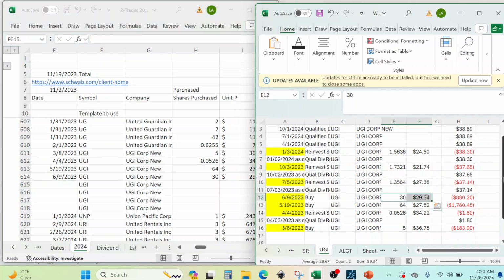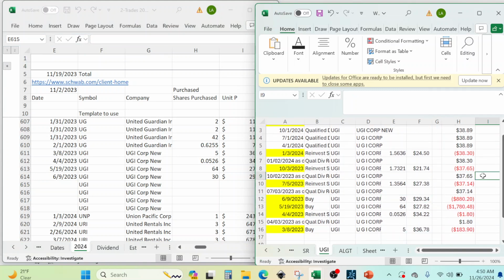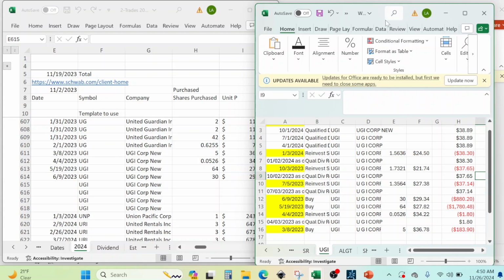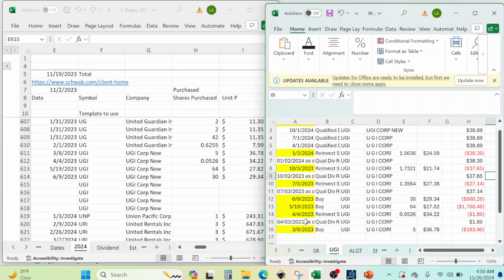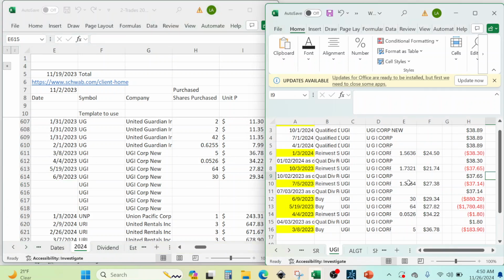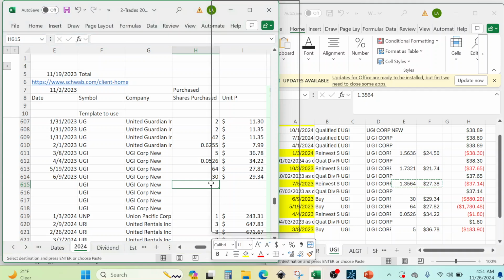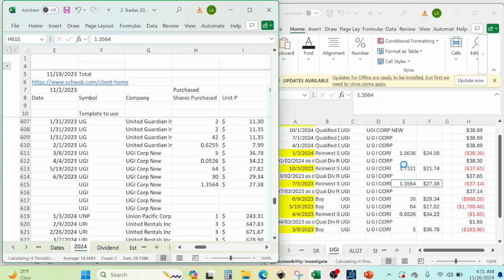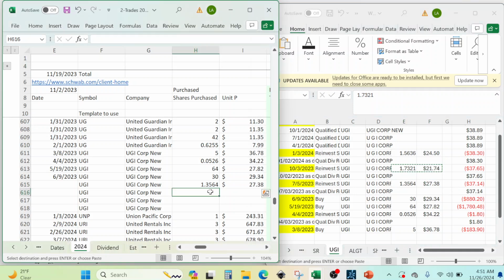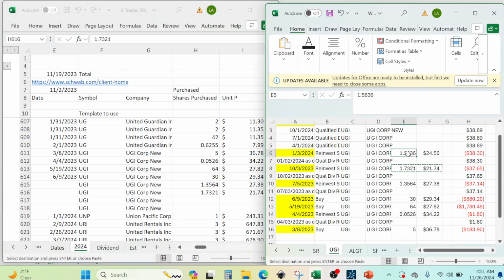Let's make sure. And we move a little bit. Okay, so we have those. Now the next one is this one. Let's copy that and paste value. My mouse pad is so sensitive to touch. So the next one, paste value, and the next one, paste value,